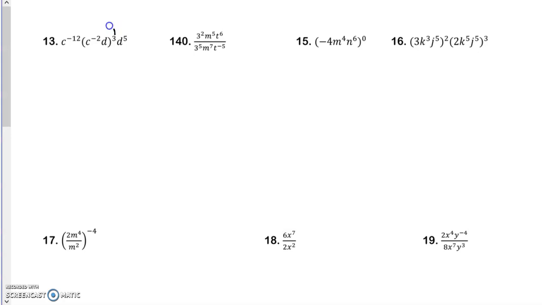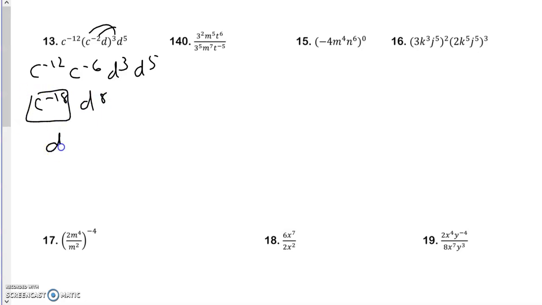Again, I'm going to need to distribute. So I'm going to have c to the negative 12, c to the negative 6, d to the third, d to the fifth. I need to add my exponents, so I'm going to have c to the negative 18th, d to the 8th. I dislike negative exponents, so I'm going to leave the d to the 8th on the top and c to the